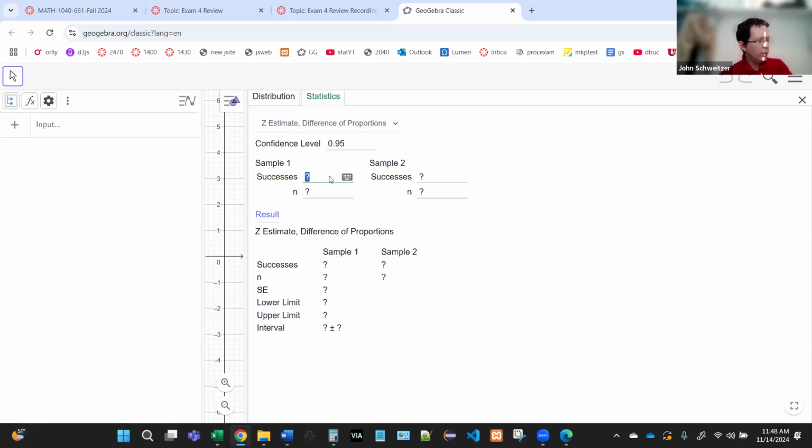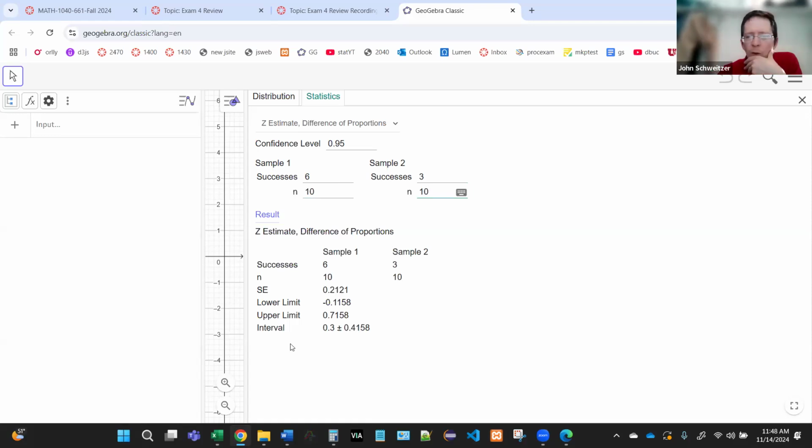Okay, and then we put in our information. So which group is which? Well, it doesn't matter. The numbers will superficially be different, but really they'll mean the same thing. They'll just be different by a negative sign. I tend to like positive numbers more than negative numbers for doing calculations, so I'll put in the no metal band group for my first group. There were 6 out of 10 successes there. And for the metal band group, there were 3 out of 10 successes.